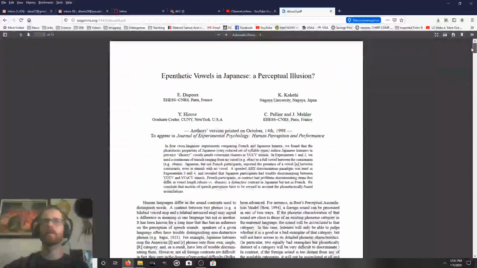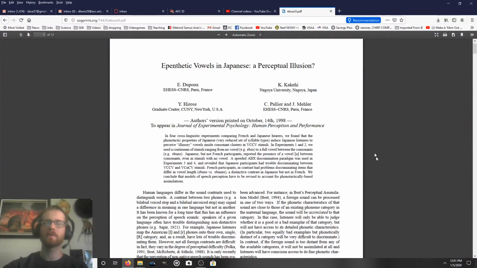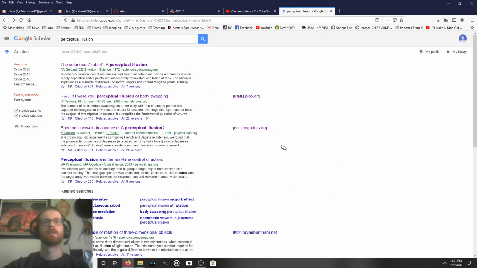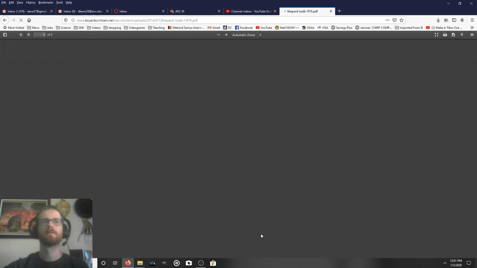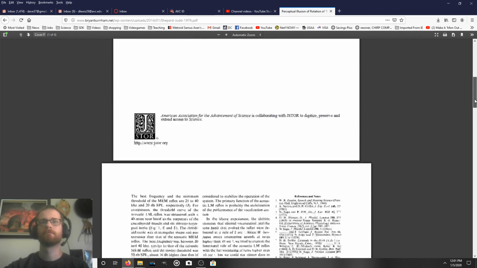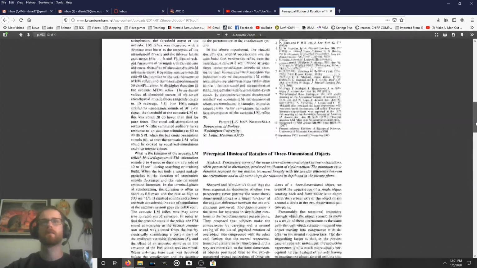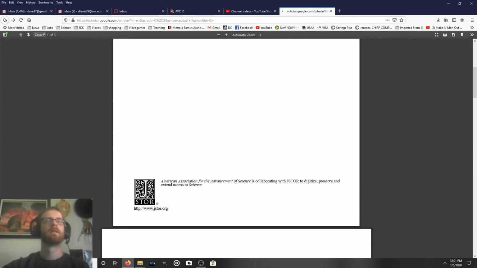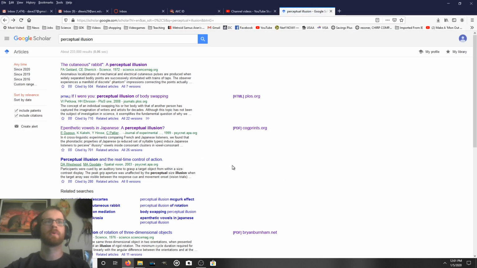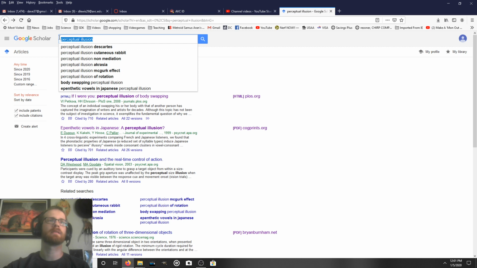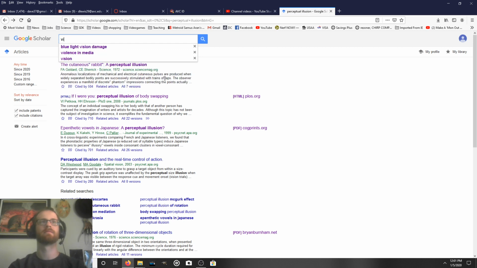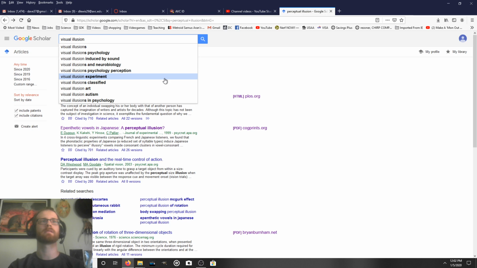So if I were to read the abstract, and if I like this one too, I could just go ahead and save this one as well. So anytime you see a PDF like this right here, that usually means you're going to get full text access. Let's try it for this one. Yep, just like I said, it looks like we have access to the full text. So that's good. Now, if none of these are particularly interesting to you, you could always try different key terms. Let's try visual illusion and see if we get something better.